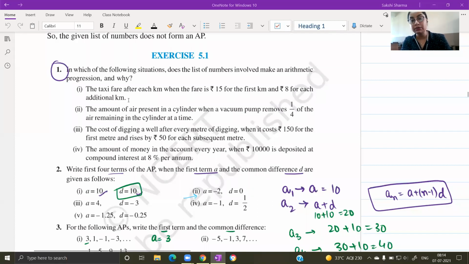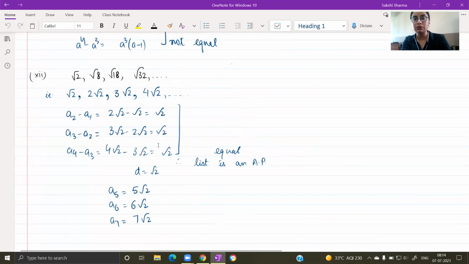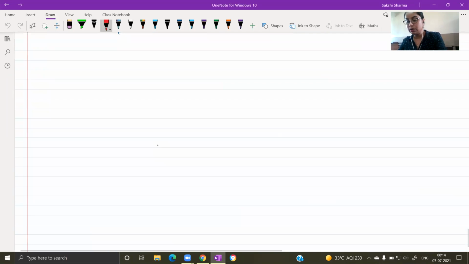So this situation we have dealt with earlier also in 9th standard in the chapter where we form linear equations. This situation is similar to that, although we are not working with variables. So for the first kilometer 15 rupees are charged, after that as you increase by one kilometer, the charges will increase by 8 rupees. So if we had to write down the list of numbers obtained, once again, this question you would want to form with the list of numbers and then show that the common differences are equal, hence the list is an AP.